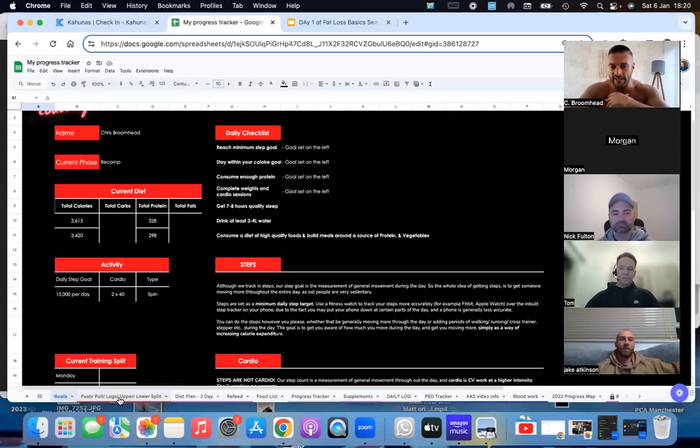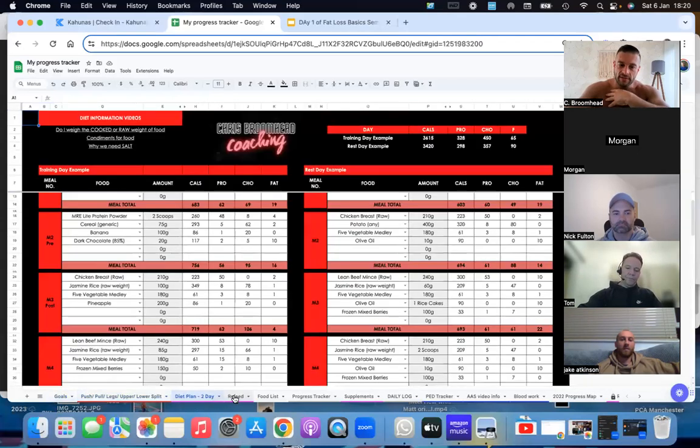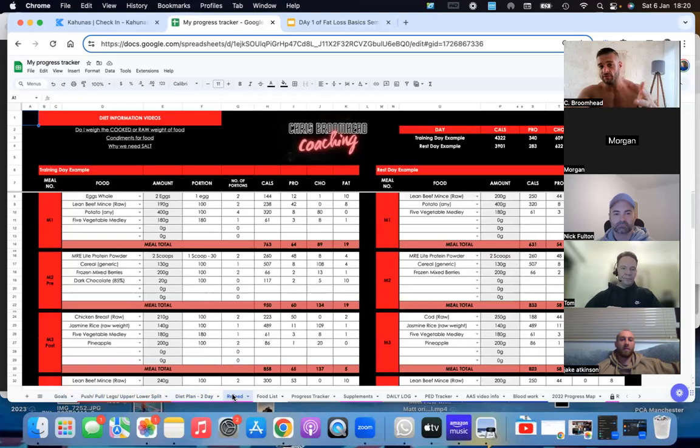On here, we've got many tabs. So we've got obviously a training tab, diet tab. I have two, so I had a refeed one as well. What I actually started to do, which some people do as well, is training day calories and rest day calories. Rest day calories are often lower, and it's a good way to potentially have a bit more food on the training days. Often on rest days, maybe at work, push that first meal back, and you can get away with it. You don't need as much energy anyway on those days, and then you can have a little bit more on the training days, fuel sessions, and generally enjoy a bit more food.